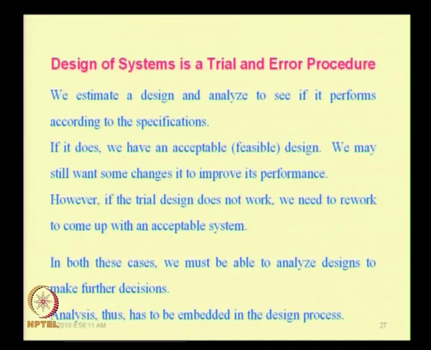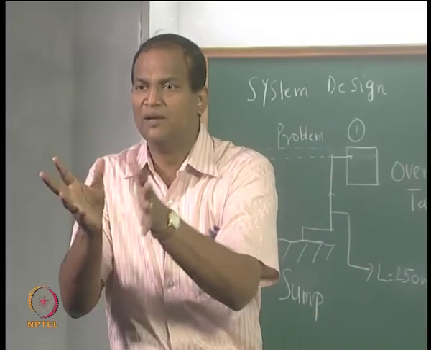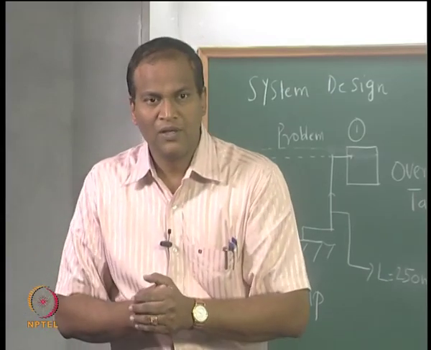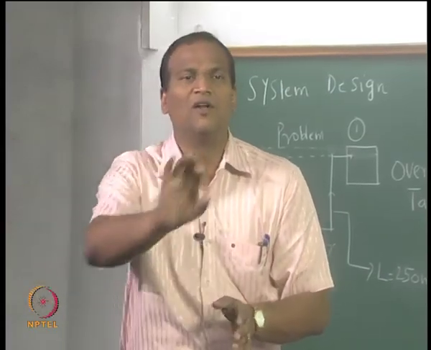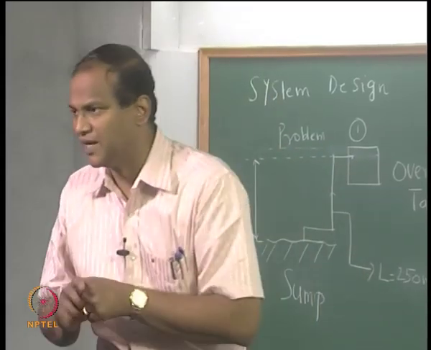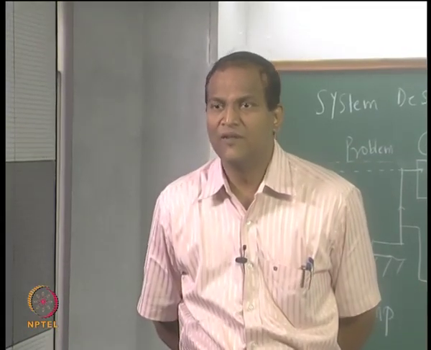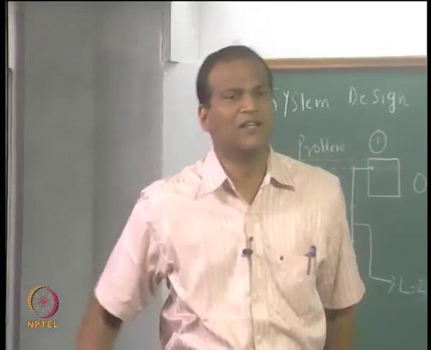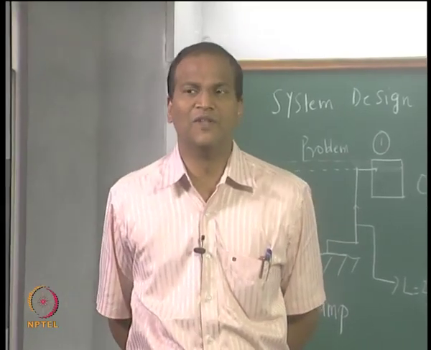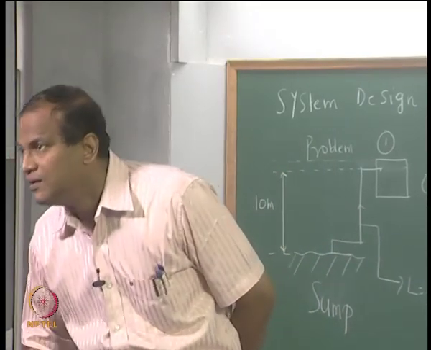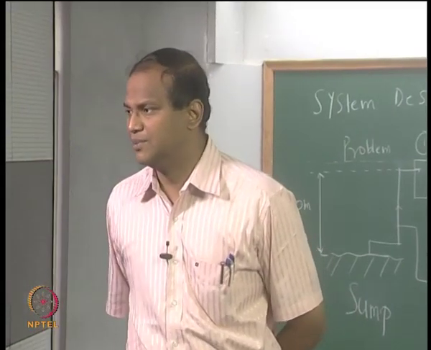So design of a system is essentially a trial and error procedure. You will start with some sizes. You are going to do it in today's class. We will start with a simple problem. You will select a bunch of components and then you will assemble them together, that becomes a system. Then you will use all the equations known to you and see whether the system is working. If the system is working, it is a feasible or an acceptable design. If it is not working, you will turn around and then try to change some of these components or some of these parameters, and you will keep on doing it till you have an acceptable or a feasible design.